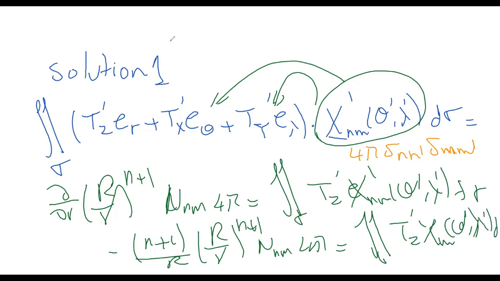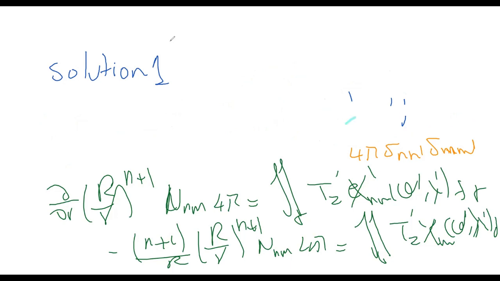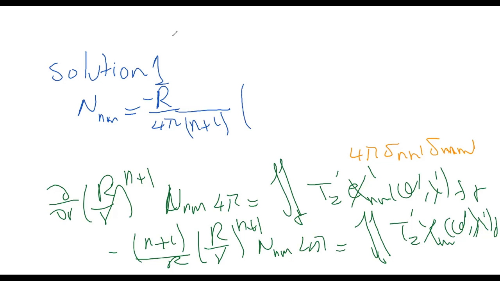And finally, the solution will be for the geoid height, and the spherical harmonic solution will be 1 over 4 pi, r to the n plus 1, r over r to the n plus 2, integral of